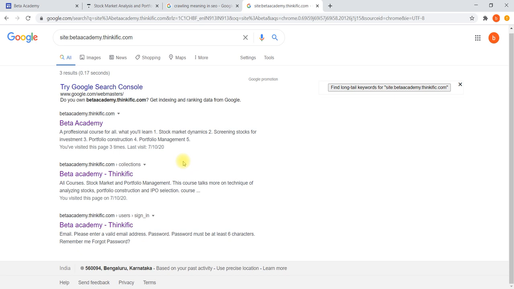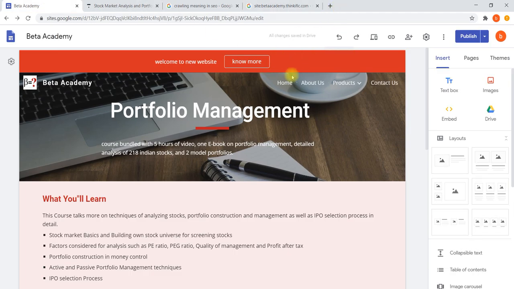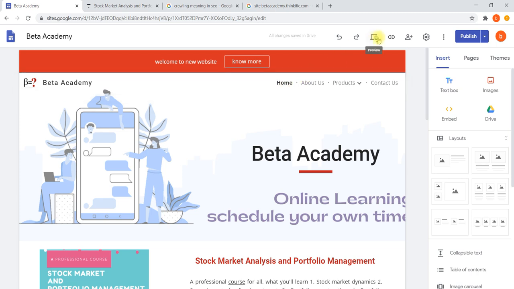If none of the pages have been registered in Google, then we need to check why it is not registered, because it may be because you haven't taken a domain name. For example, for this particular site, we have not yet taken a domain name.